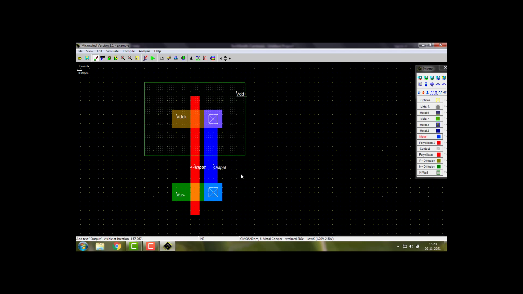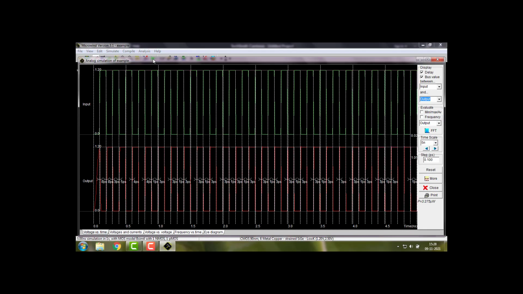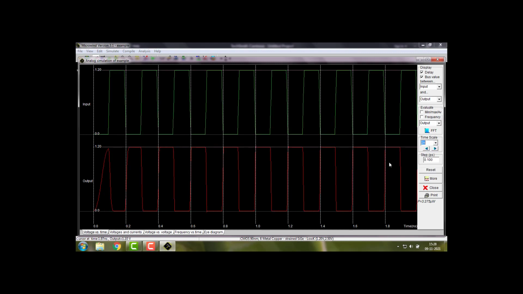I am going to repeat that this is equal size, but since the mobility of the P transistor is 2.3 times less than the N transistor, now the rise time and fall time will not be equal. So let's just try to simulate that. You could observe, I'm trying to increase it.